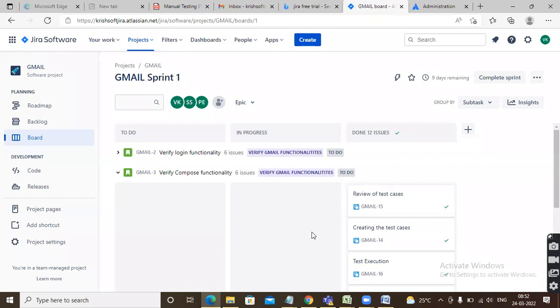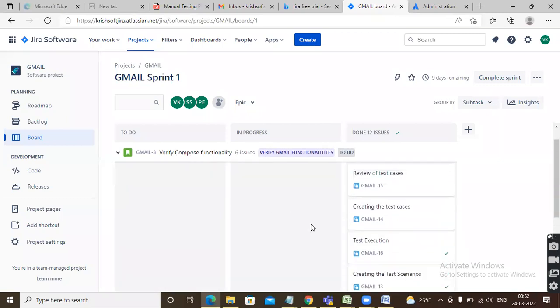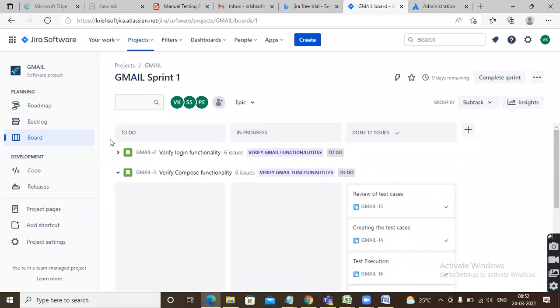Why these 6 issues are completed, right? So yeah, this one is completed successfully and this one is also completed. So still 9 days are pending because it is a 2 weeks sprint. Okay. So